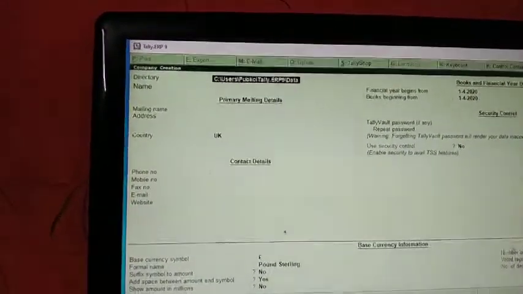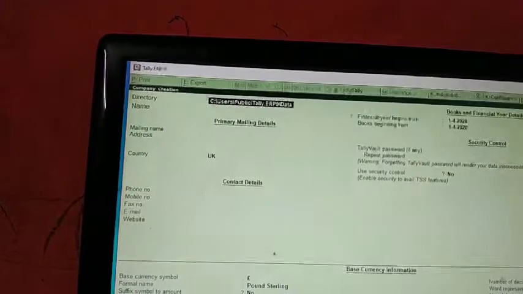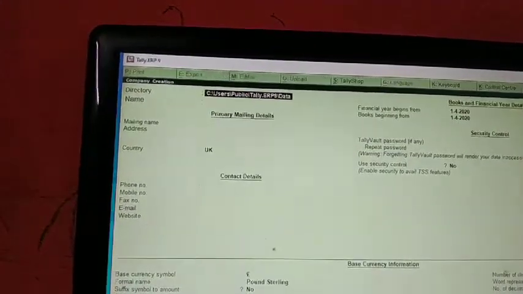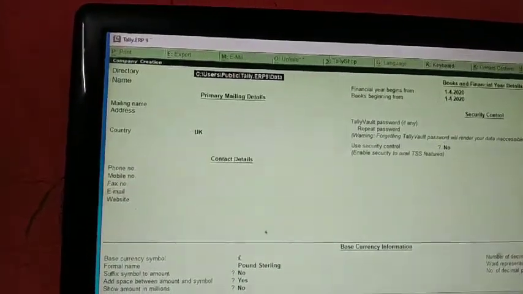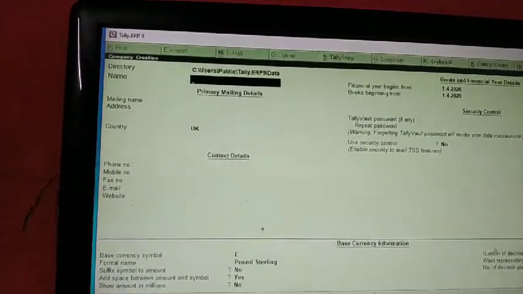However, you can change this path if you want to by using the backspace key, so that Tally ERP 9 saves the data to a different directory specified by you. If you have to accept it as it is, just give enter.